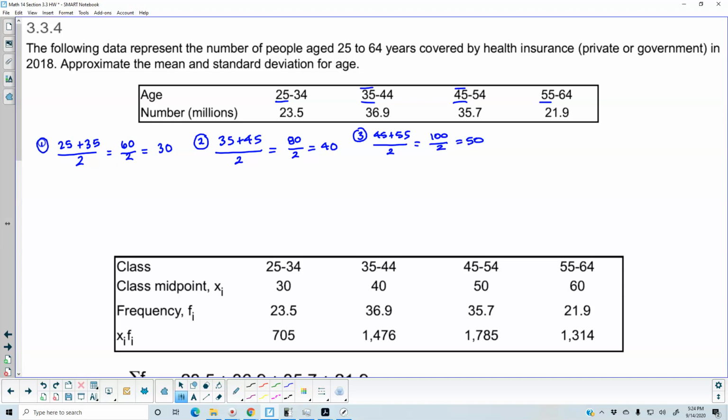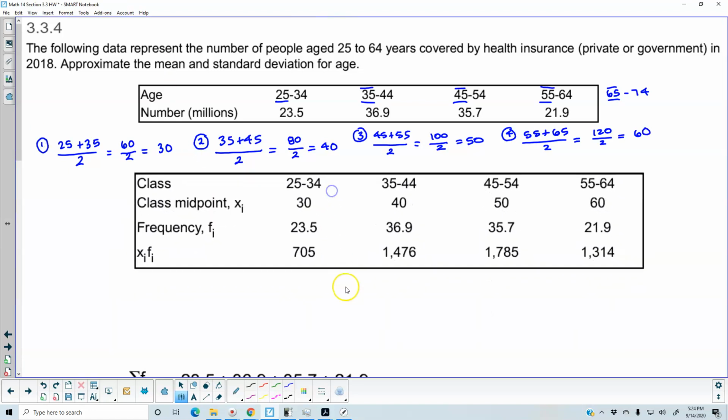And then we need to go one more lower class. So one more is going to be 65 to 74. So we're going to use 55 and then 65. So 55 plus 65 and divide that by 2 gives us 120 divided by 2, which gives us 60. So let's take a look here. In our chart, we have our class midpoints of 30, 40, 50, and then 60. And then we have our frequencies of 23.5,